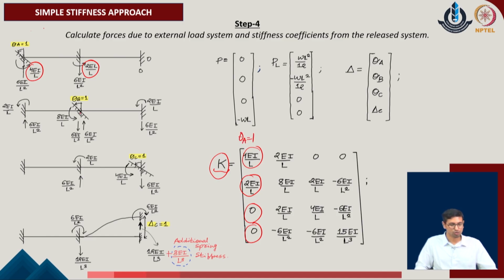In the same manner, one can also go with theta B equal to 1 unit and again identify all the 4 coefficients of the given stiffness matrix, and that will also appear similarly as we have identified in this figure of the given system. And once we do this for all the 4 degrees of freedom, we generate the overall stiffness matrix of the given system, which is a 4 cross 4 matrix for the given problem. The P of L component, which has been already defined for the problem, has also been identified. In the same manner, we have also considered that P of L, the manner we considered earlier with the component of the WL component in the previous case.